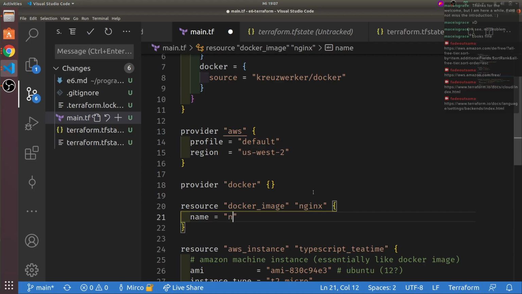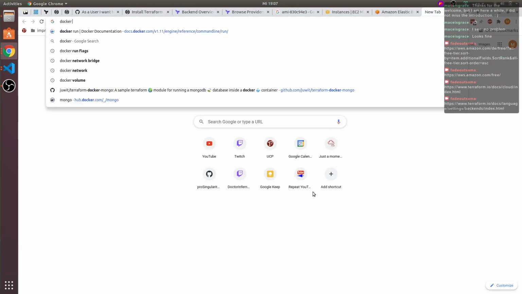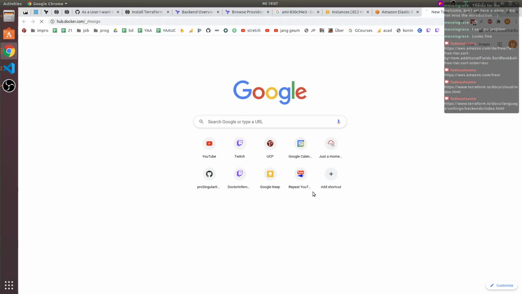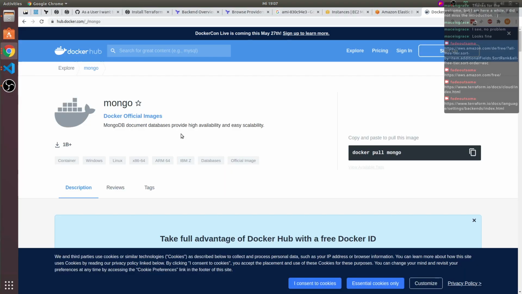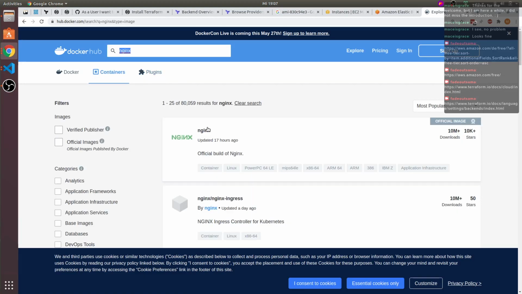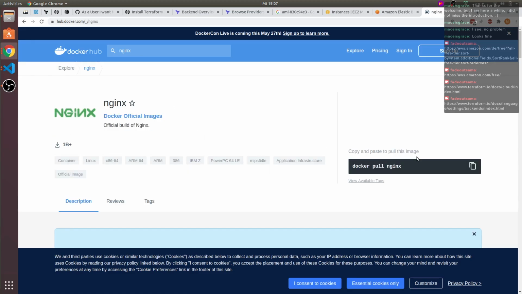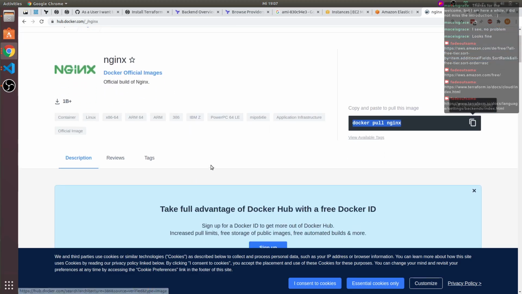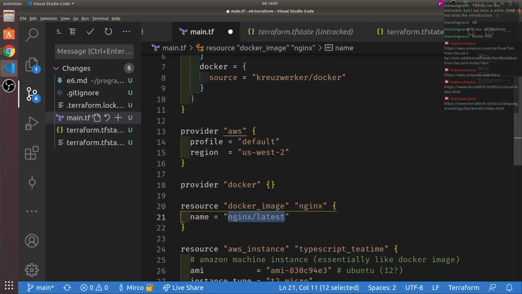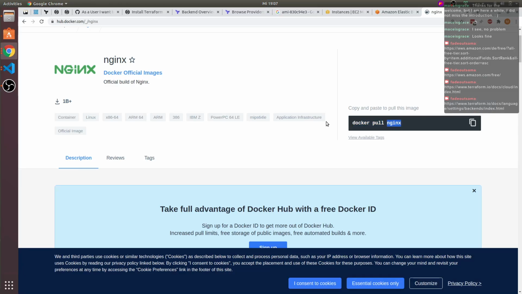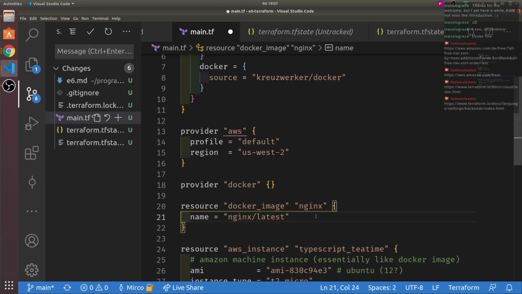So the name is nginx:latest. We can just look, and it would pull it from Docker Hub. Well, let's use Mongo because we can. Let's use nginx because it gives us a very simple web server which we can ping. Docker pull nginx. Yeah. So this should work.